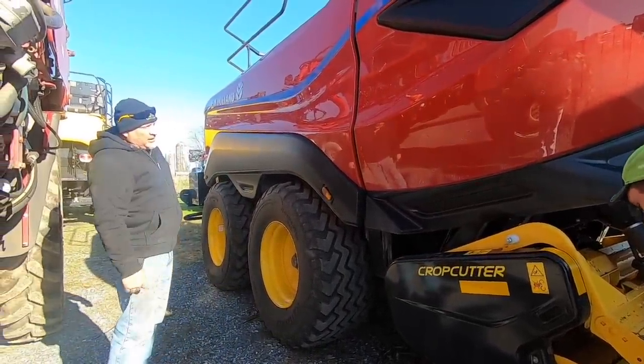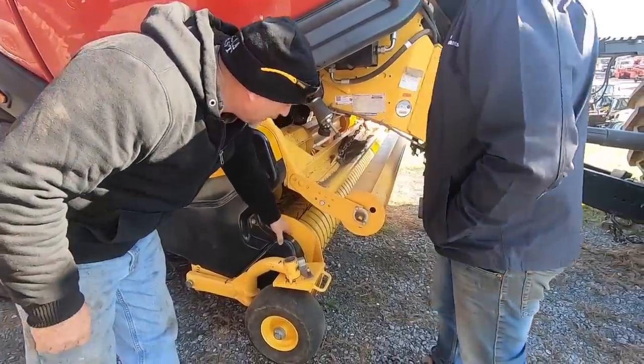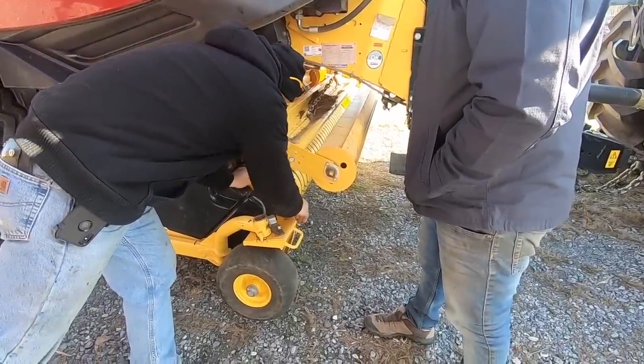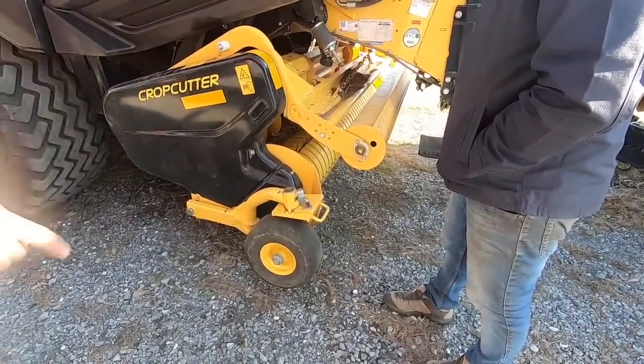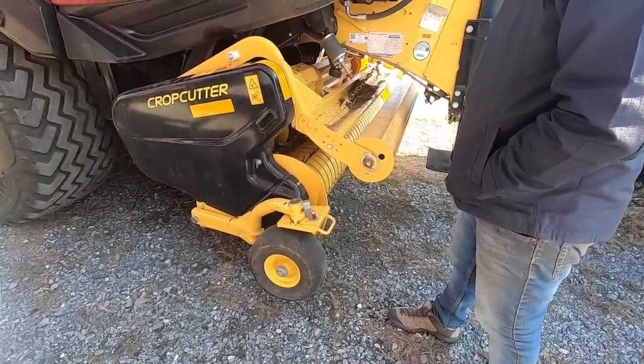Here you can see a little bit of a... I cut these off. I see it's broke. It's not unusual. When I cut them off, Messick's had them cut them off, and the factory said cut them off. So for a while, they were cutting them off before they ever even...